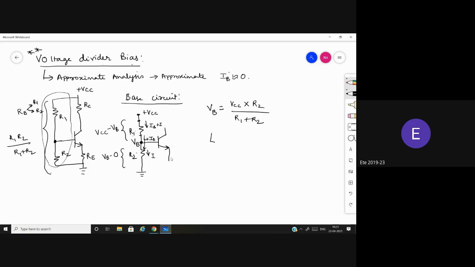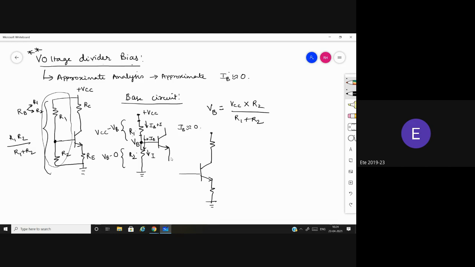So coming to the output circuit, you can ask me one question. What about the base current? Here, base current is assumed to be almost zero. It is very less because when we consider the current across R1 and R2, the current flowing to the transistor is very less. So in that case, we consider the current through R1 and R2 will be same. So the base current will be negligible, zero. That's why we are only talking about the base voltage.